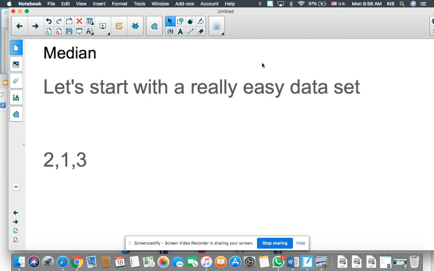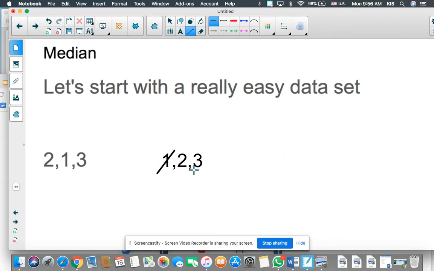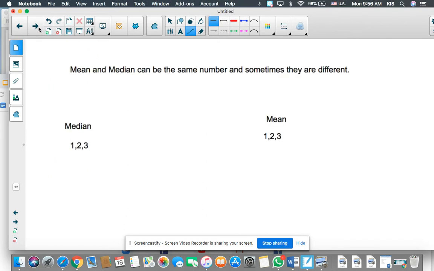Let's start with something really easy, like 2, 1, and 3. So let's put it in order from least to greatest. And let's find the median. And it's 2. Now let's say